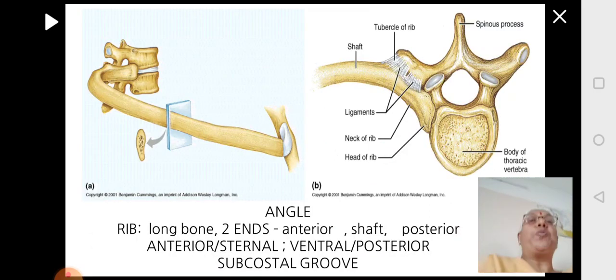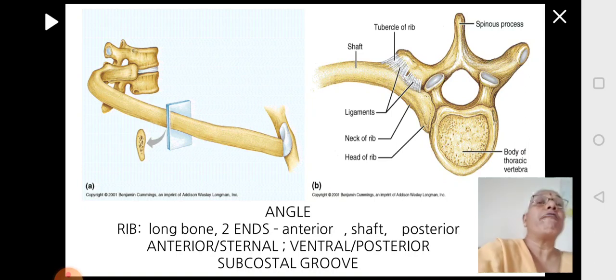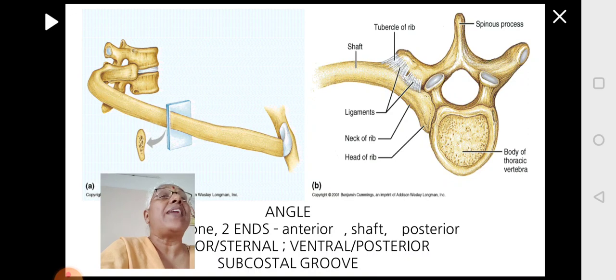So here is one more picture for you to understand how the rib, one end is attached to the sternum on the left side. If you see, one end is attached to the sternum, the other end is going back, and it is forming two joints, one on the body and one on the transverse process of the thoracic vertebra. On the right side, you can see the articular facet of the vertebra. You can see the head of the rib is coming and sitting on the articular facet of the body. That is the first point.